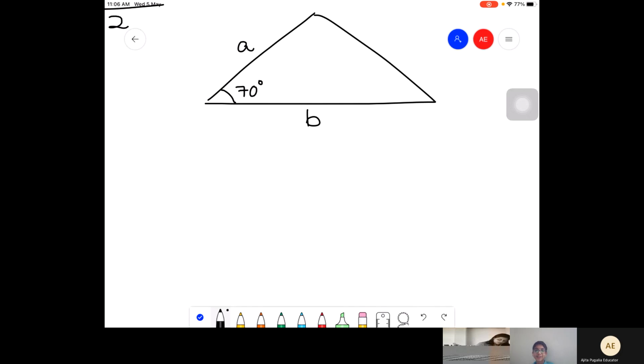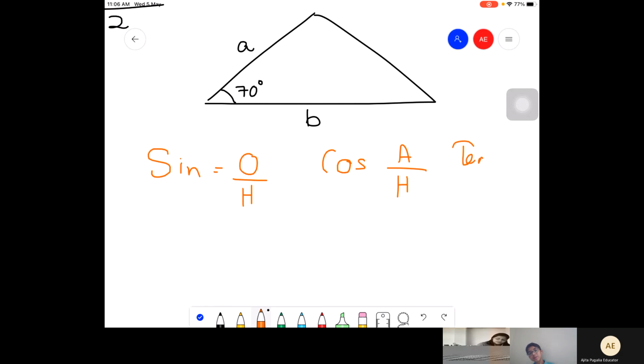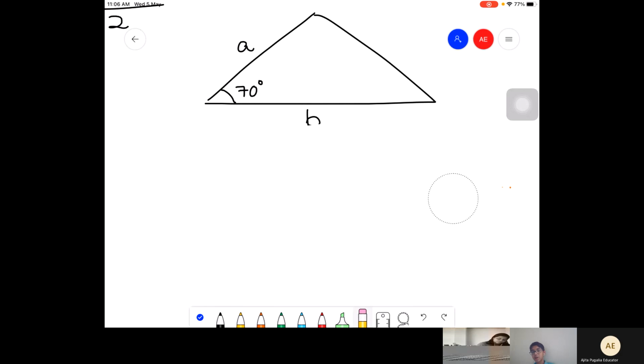Chalo, I'll tell you one thing. Did you remember there was sine, which said opposite side by hypotenuse, cos said adjacent by hypotenuse, and tan said opposite by adjacent, right? But doesn't that apply only to right angles if you have a hypotenuse? Yes. So what we can do here is draw a hypotenuse edge. I don't know the value, so which eventually becomes my height.